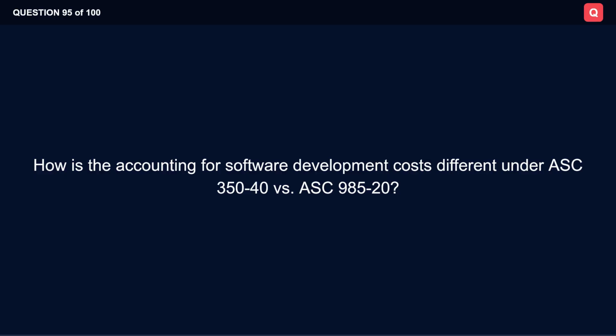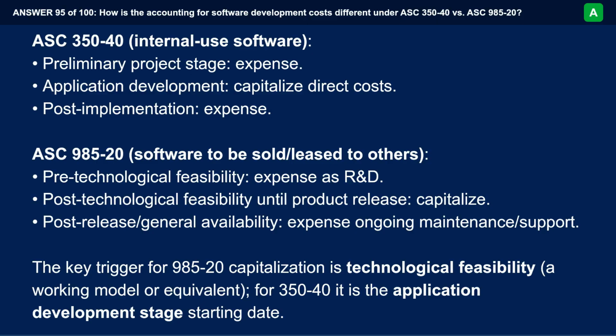How is the accounting for software development costs different under ASC 350-40 versus ASC 985-20? ASC 350-40, internal use software: preliminary project stage, expense; application development, capitalize direct costs; post-implementation, expense. ASC 985-20, software to be sold/leased to others: pre-technological feasibility, expense as R&D; post-technological feasibility until product release,